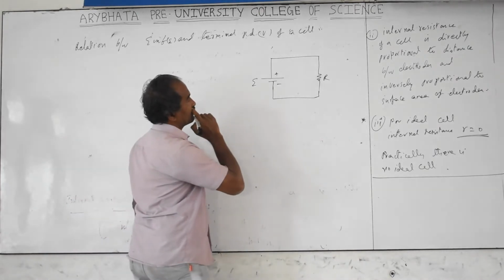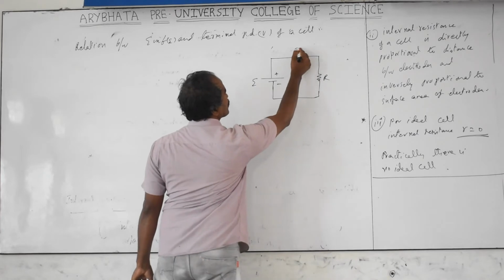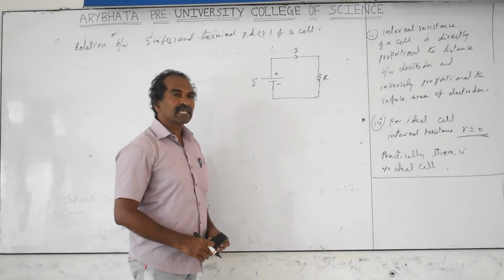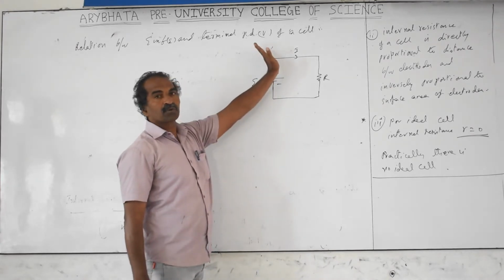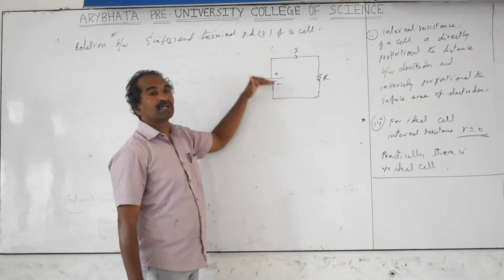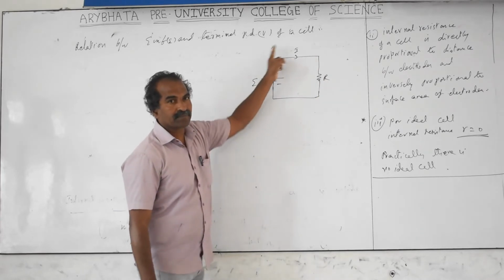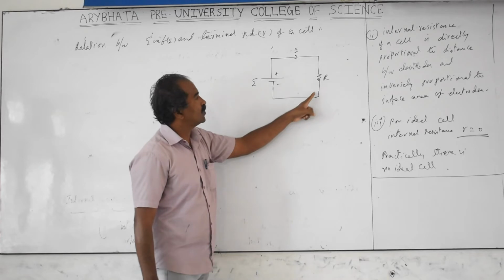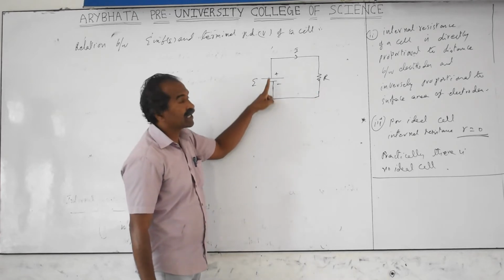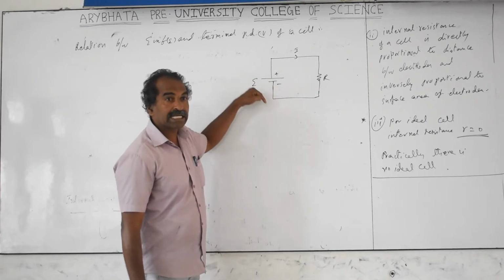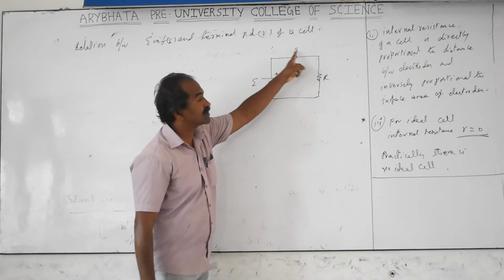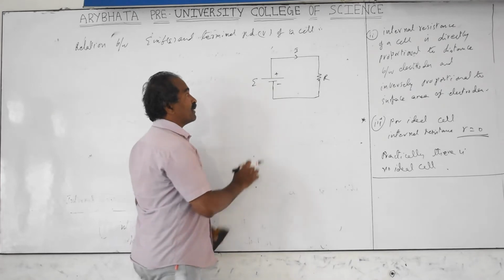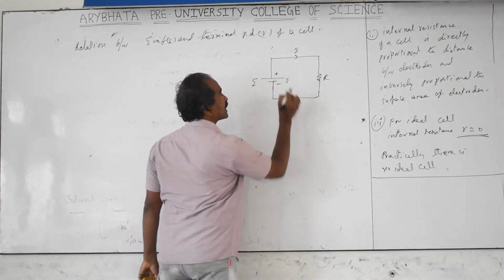What is the direction of current? Current is from plus to minus. EMF is actually a potential difference; it makes the charges travel from one terminal to the other in the closed circuit like this. Outside the cell, conventional current travels from high potential to low potential, but inside the cell, it travels from low potential to high potential. Electrons travel from minus to plus outside, but inside the cell they travel from plus to minus, completing the circuit. And when passing through the cell, they face the internal resistance r.